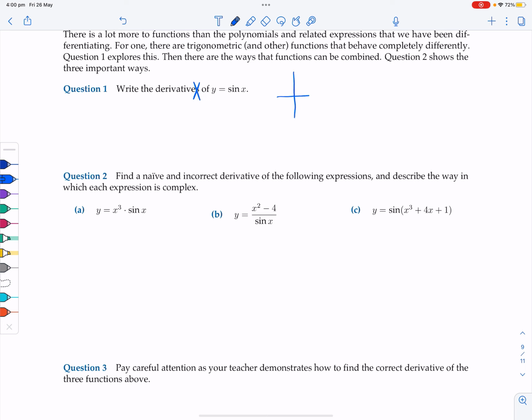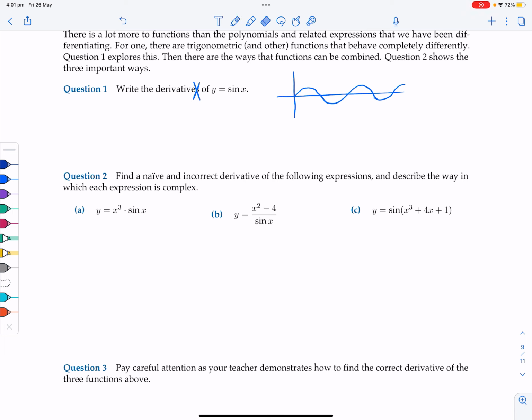So just a quick little investigation. Y equals sine x looks like that. It goes on forever and it's periodic. So the derivative has to be periodic as well, because the gradient there is the same as the gradient there, is the same as the gradient there, and so on. It has to be like a recurring